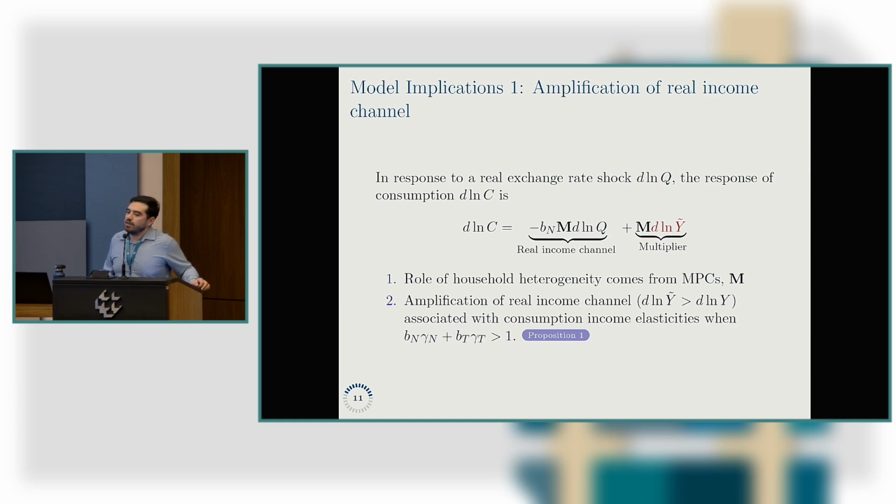And in representative agent models, these marginal propensities to consume are close to zero, so basically the real income channel is absent in representative agent or two-agent models. That is the reason why we observe in previous literature that when we don't have additional financial friction in an open economy model, we don't have a contractionary devaluation in the economy.